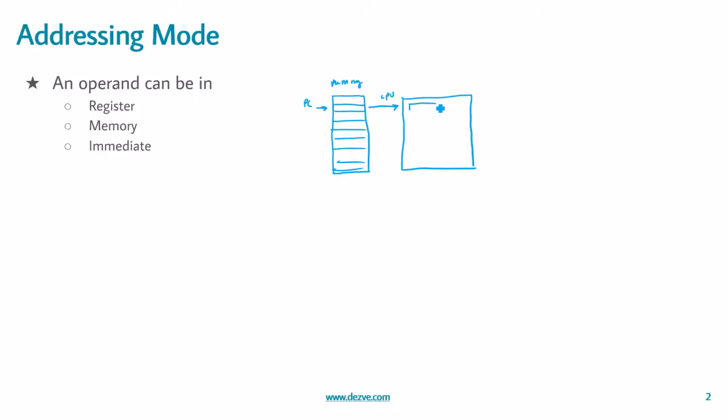The CPU will decode this instruction packet. Based on that, it will know which operation it has to perform, and then it will give a respective control signal to the ALU for the respective operation. Now the instruction also needs to provide information on where the data for this particular operation will be fetched from.